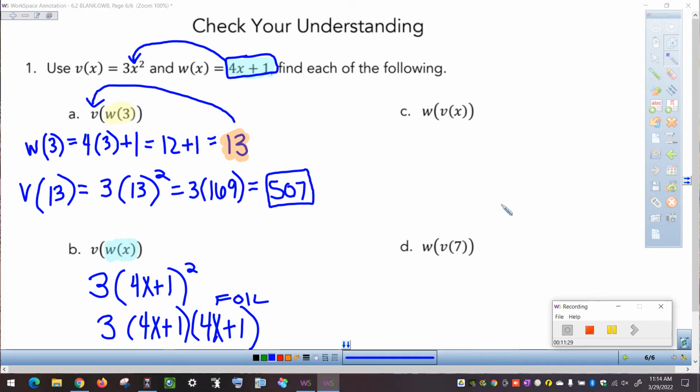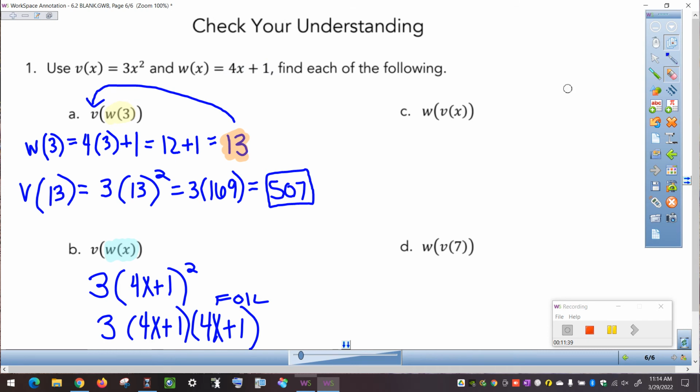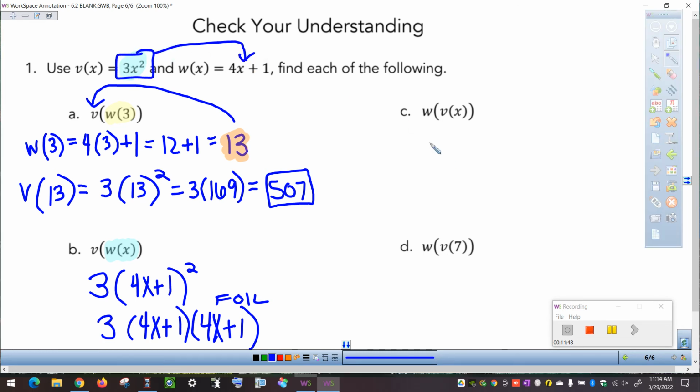So this time we're putting V as the input for W. So all we're going to do here is take the 3x squared, and that's going to get inputted for x over here in the W function. So instead of writing 4x plus 1, we're just putting the 3x squared in place of the x. So if you multiply